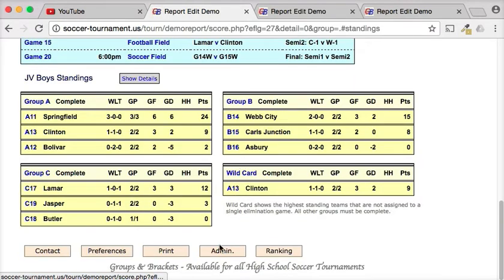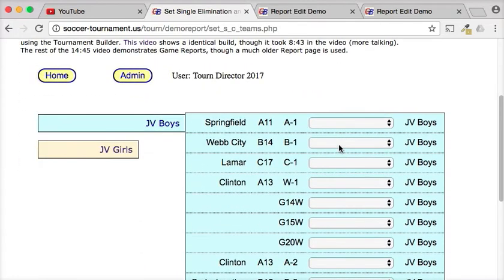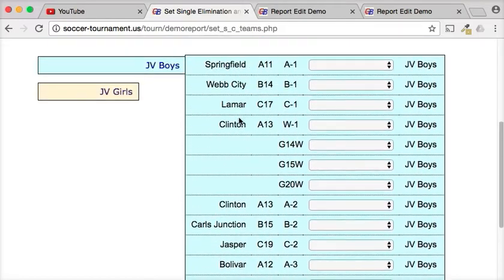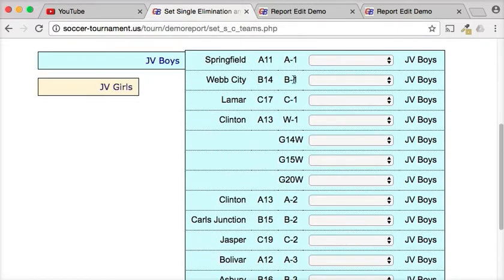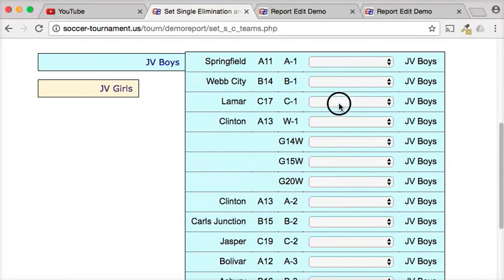And let's see, back to the admin. Set SE consolation teams is not used very often. Conceptually, it's pretty straightforward, and it has been used on occasion. Essentially, what I have here is that we're far enough in the tournament that A1, B1, C1 have been defined. Well, all of these actually, but the semis and finals haven't been played, so the winners of these games haven't been defined. I can go in here and set